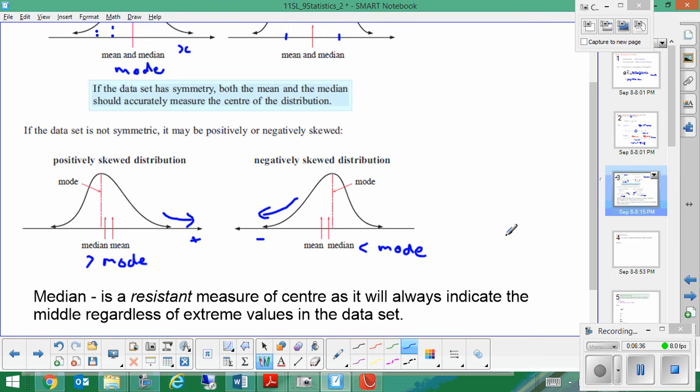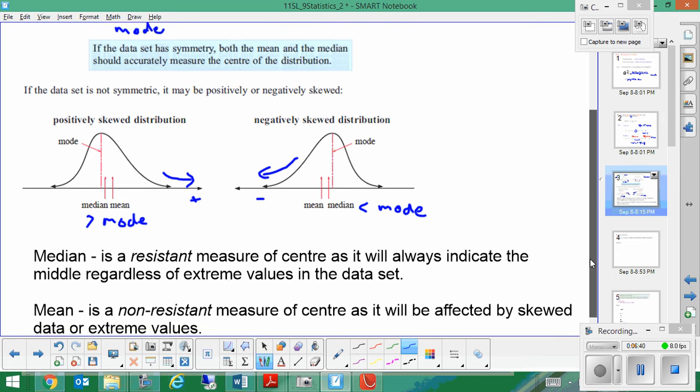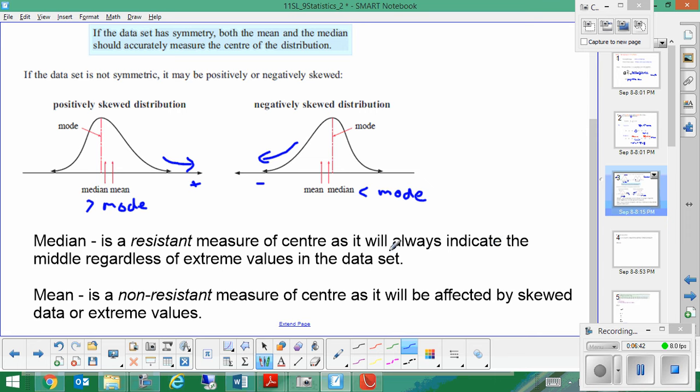So you can have a rough idea where it is, but you're only going to know exactly by calculating it. The median is what we call a resistant measure of centre. If it's resistant, it resists a change, and that means it will always indicate the middle regardless of extreme values in the data set. In other words, despite the outliers. So it doesn't get affected by outliers. It doesn't matter what the values are out here or how far out, the median is still going to be